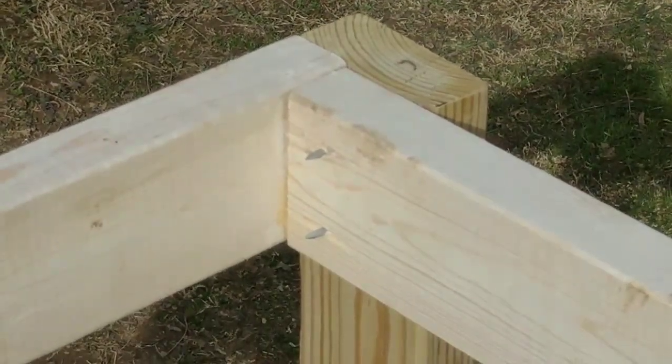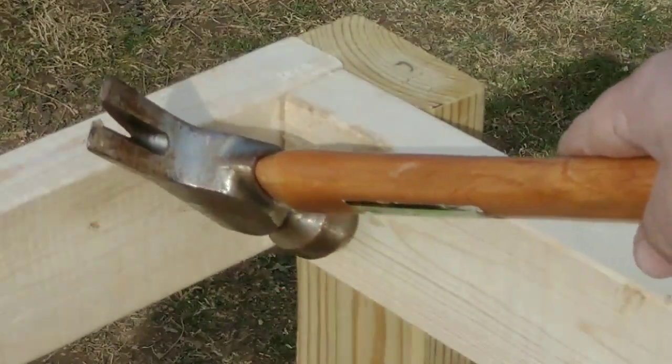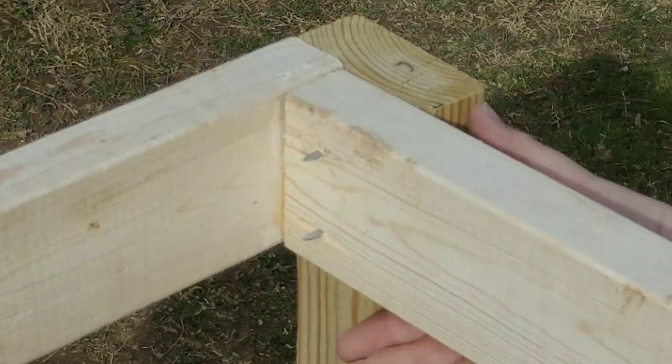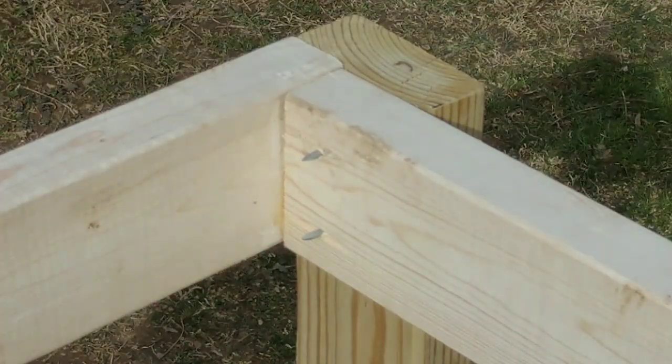But the problem is sometimes when you hammer it down like that and push it in the wood, sometimes it's still protruding, and there's always that chance you're grabbing the bench. It'd be pretty hard, but there's that chance it could snag. So